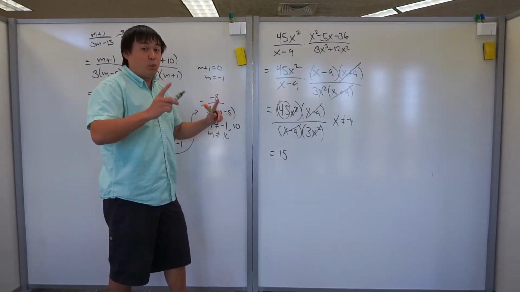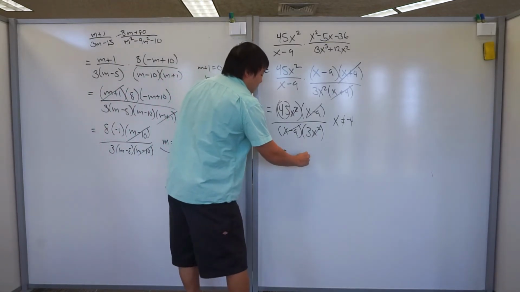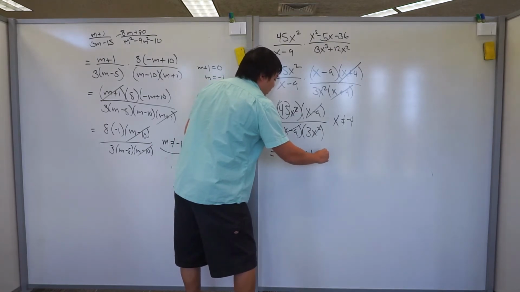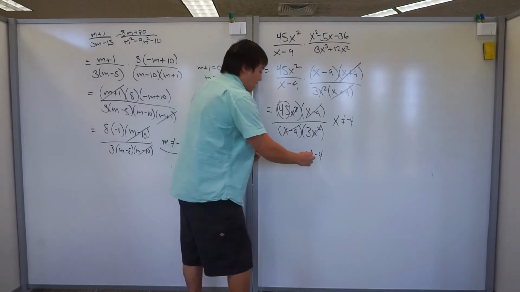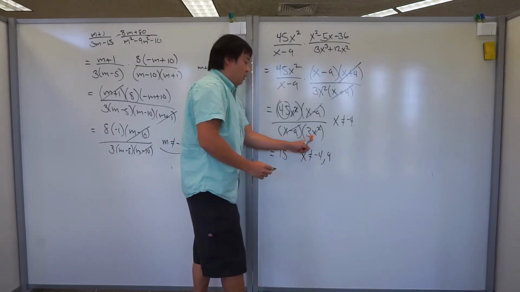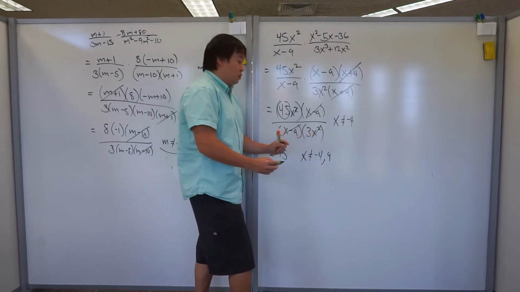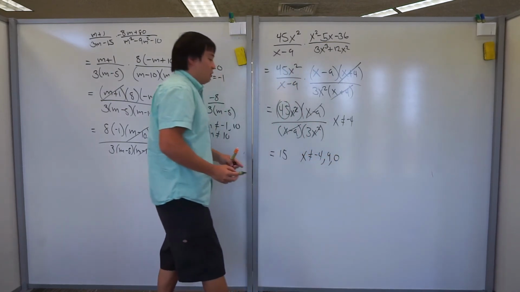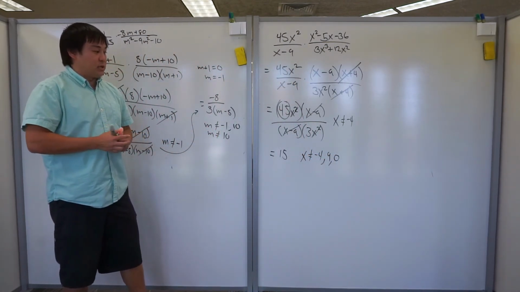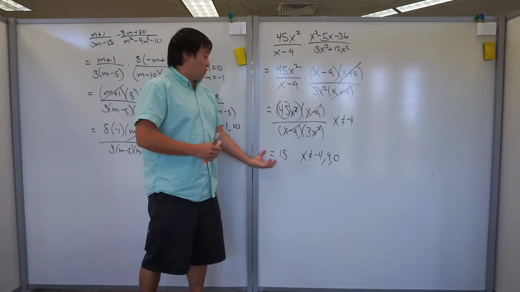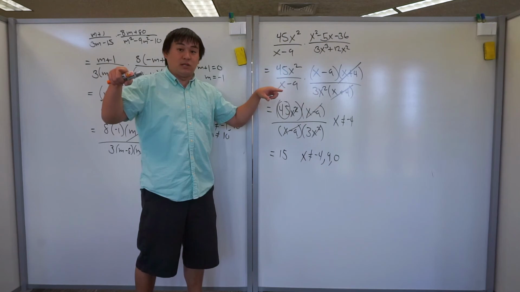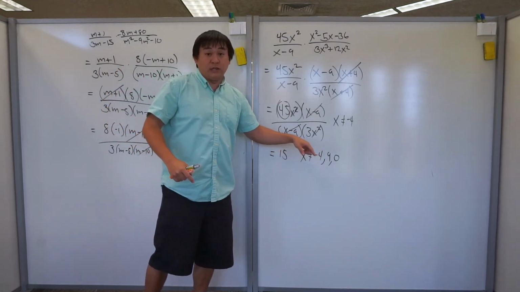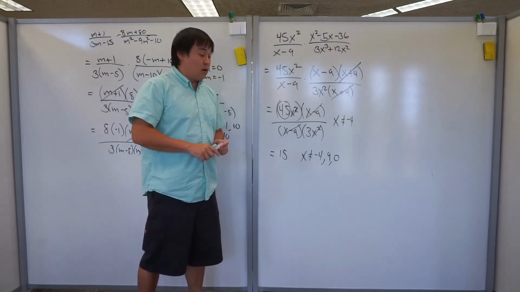Nothing else. With the restrictions that you cannot have the input value negative 4, I also cannot have the input value here, which is 9. And this is going to be x is 0. So those are the 3 different restrictions that we have where the output value is always 15. So you're going to have a horizontal line at 15 with 3 different holes, one at negative 4, one at 9, and one